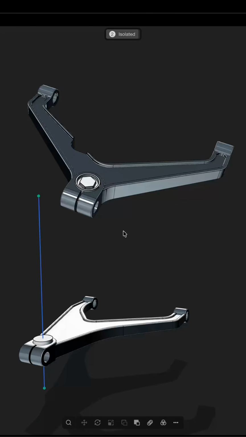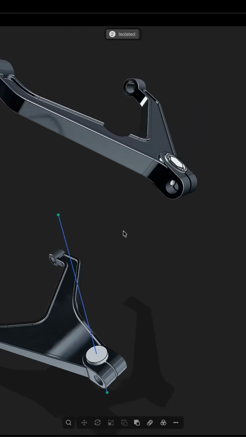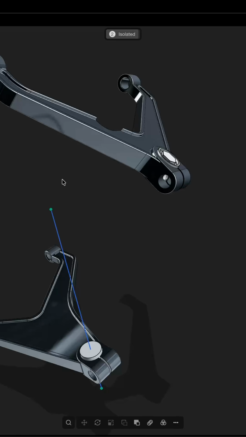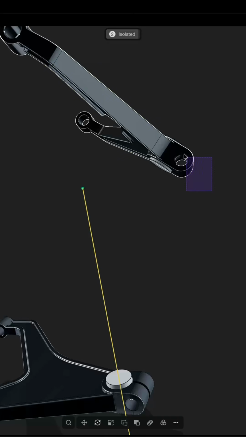Today I'm going to show you how to align objects in Plasticity using a very simple technique. So take, for instance, these two suspension members here. You can clearly see that the top member is misaligned. And in order to bring this top member to align with this axis, what I have to do is select